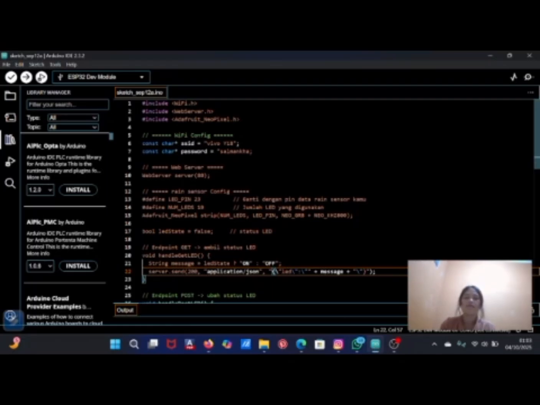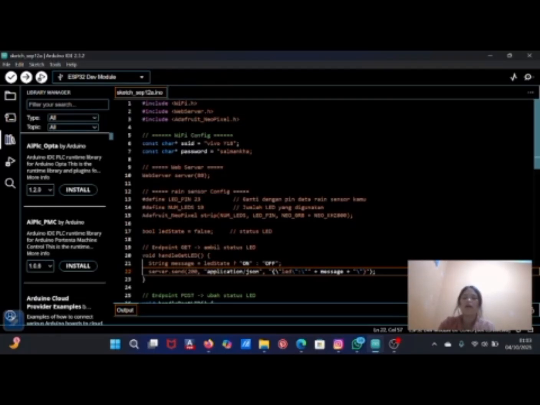This program is written for the ESP32 microcontroller, and its main purpose is to create a REST API web server that allows us to control WS2812 or NeoPixel LEDs through Wi-Fi.